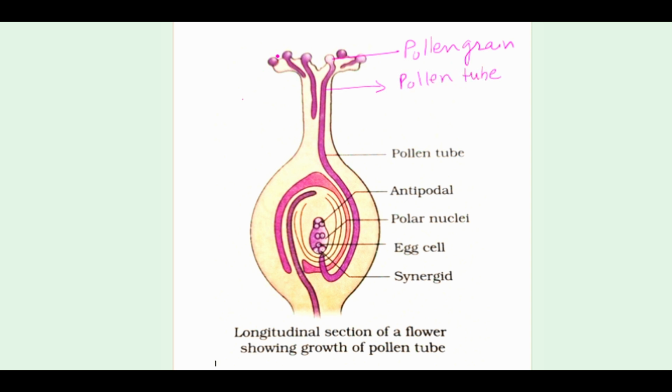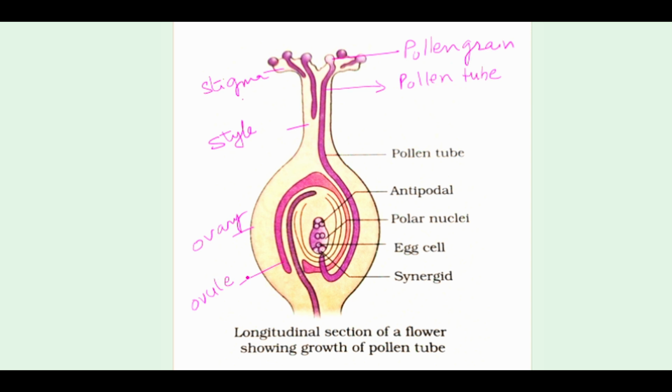This structure where pollen grains are reaching is called a stigma. Excuse me for my handwriting. This structure, the narrow tube, is called a style. And the swollen base is called the ovary. Usually we have to label all these things on the right side, but we don't have much space over here, so I am drawing it on the left side as well. Next, this brown colored structure which is present inside the ovary is called the ovule. So these are the major parts of the pollen and the pistil.